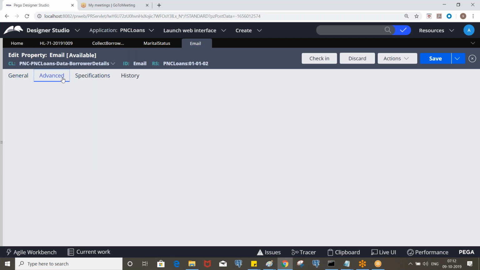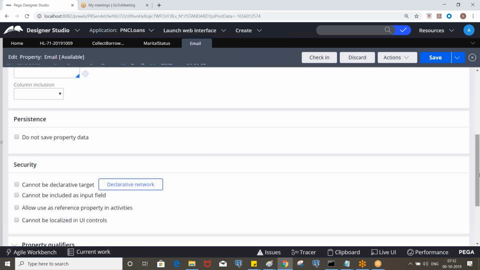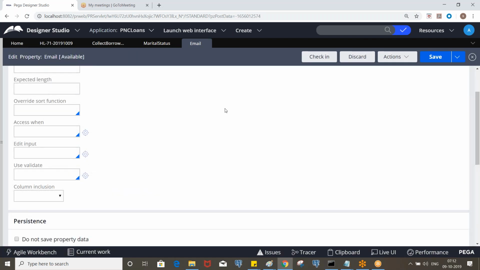So now go to the advanced tab, and here we have edit input. Okay, sorry, this is edit input and this is edit validate. This is not a validation rule, it is just to transform the data. I want to change the format after entering the data. So let's say if I enter the data in lowercase, it has to be converted to uppercase automatically.